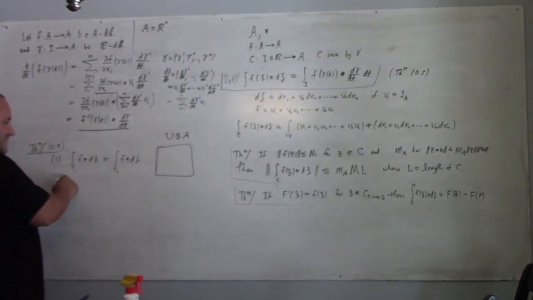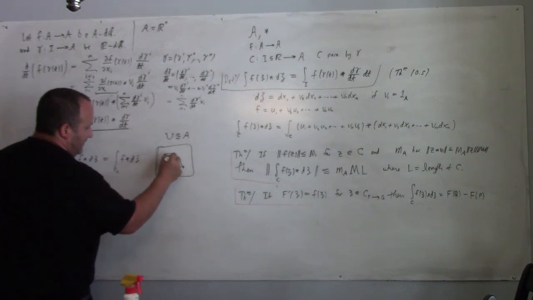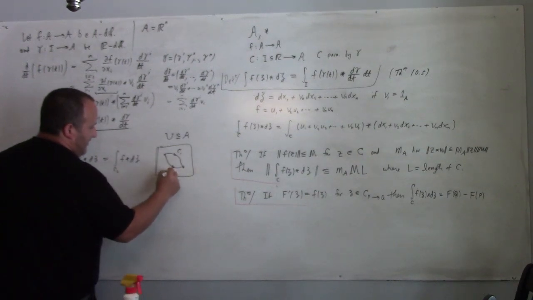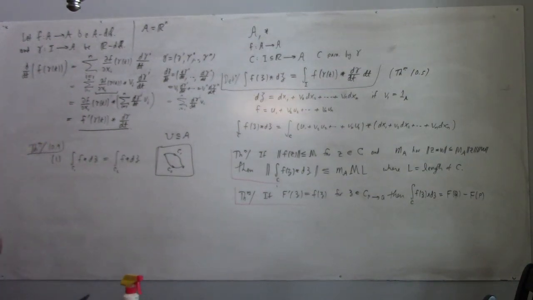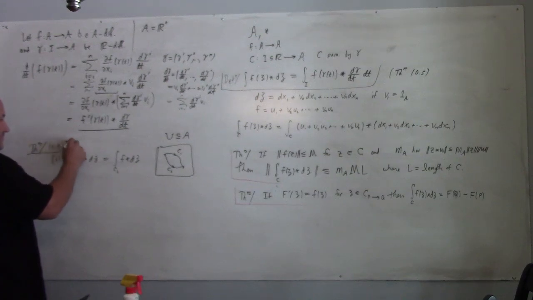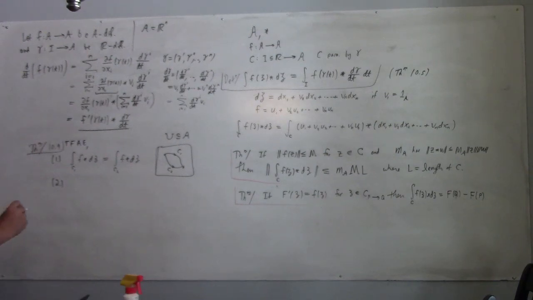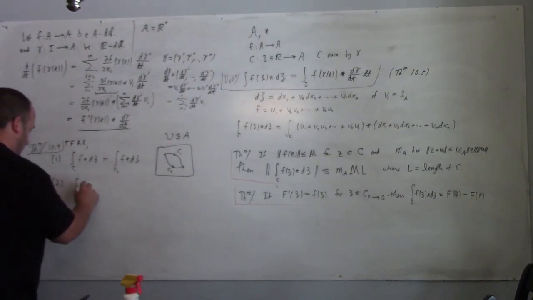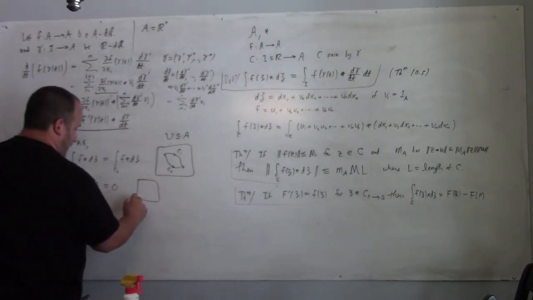And so number one is that these are equal for all curves that have the same terminal points. They could cross each other, it's fine. They can be all kinds of whatever. So the following are equivalent. Number one. Number two, the integral, and this here the C is